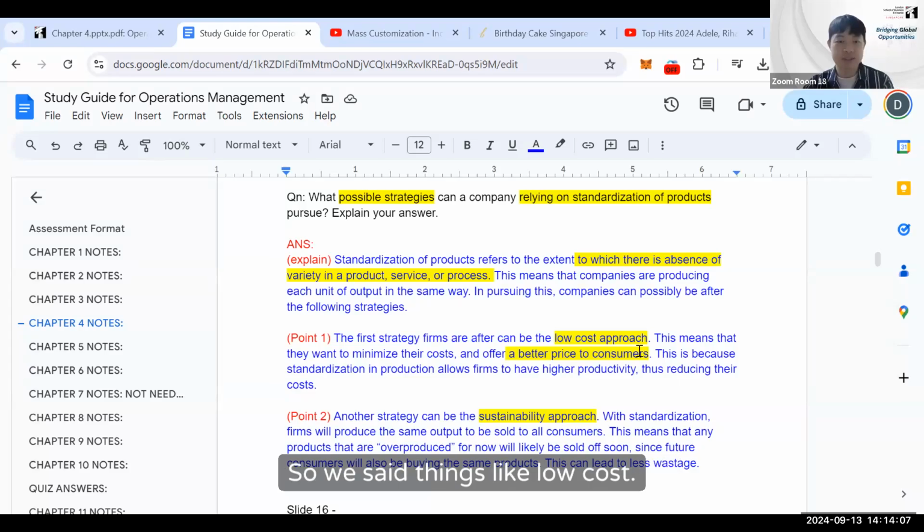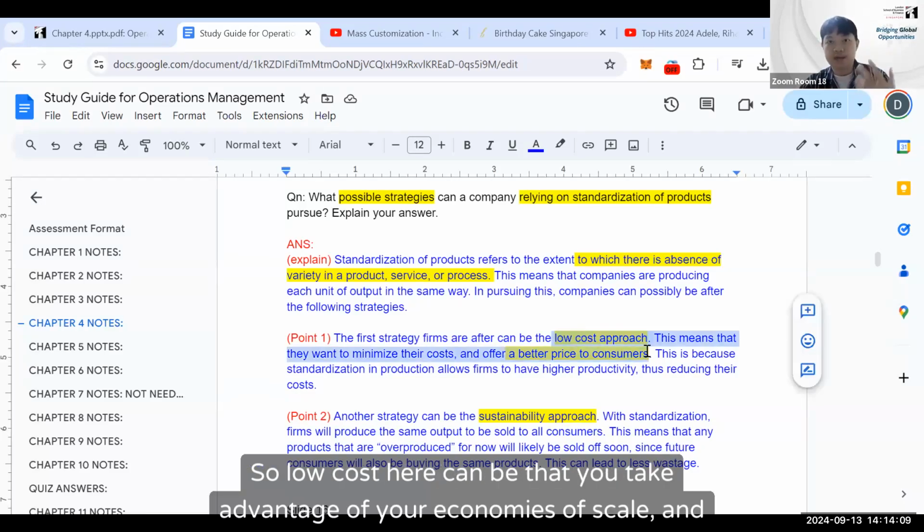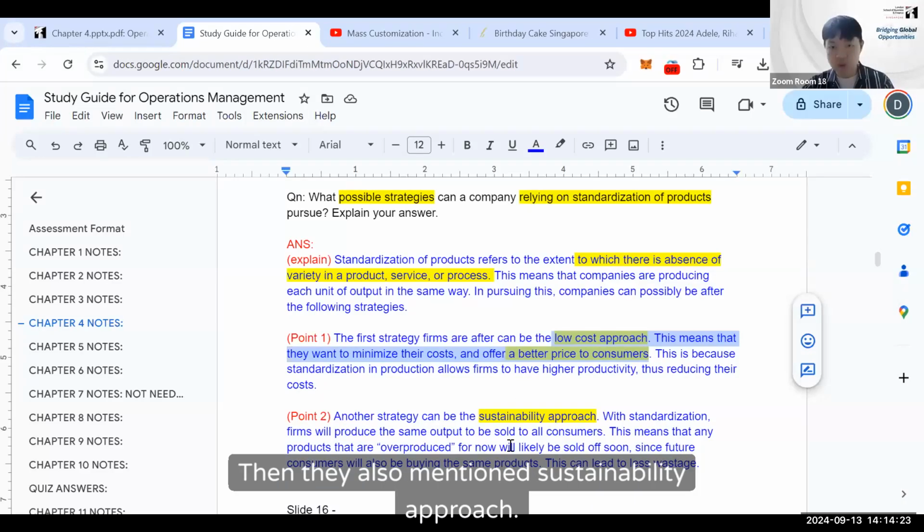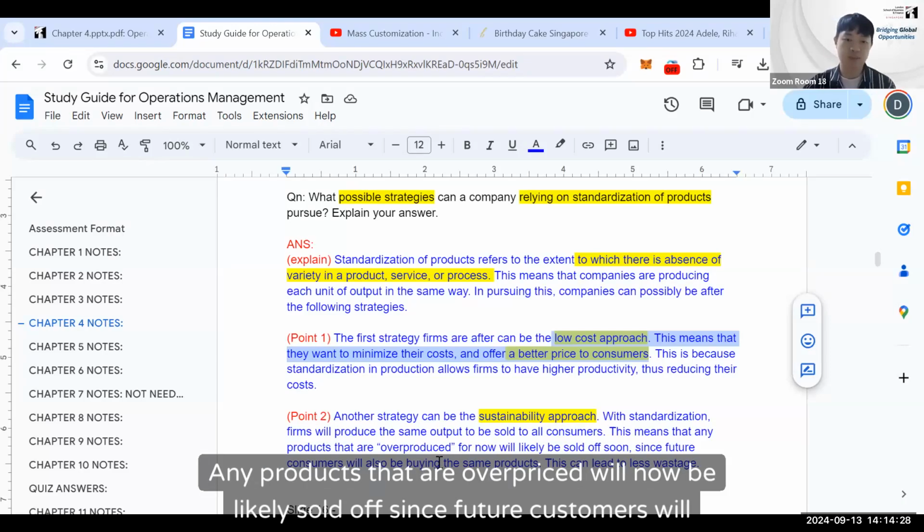So we said things like low cost. Low cost here can be that you take advantage of your economies of scale, and then we offer lower prices to the customers, and they will come and buy from us. So that could be one. Then they also mention a sustainability approach. Any products that are overpriced will now be likely sold off since future customers will be buying the same products,